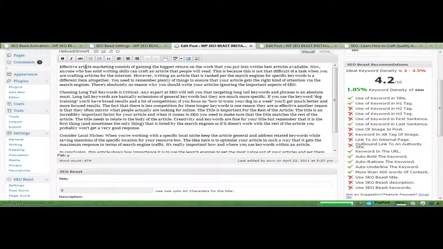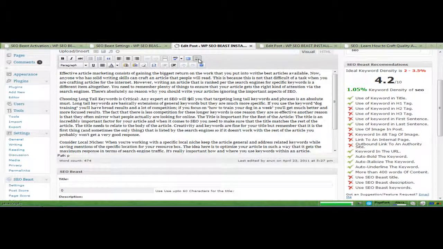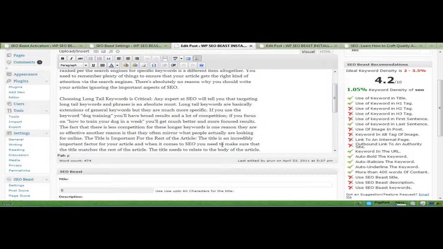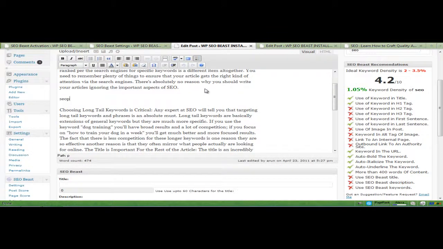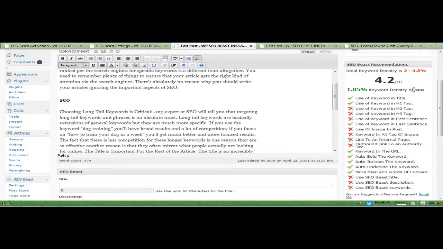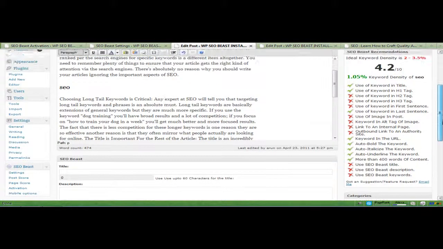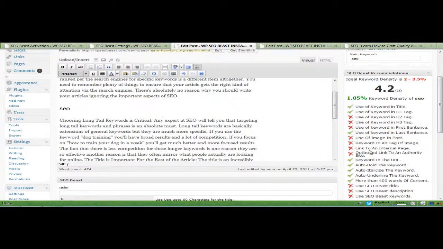If you do not have these options here, a lot of people had trouble finding this. You just click on this, and this will give you an option to make your text H2, H3 and stuff. Just select the text anywhere. Let's say, since we are doing it for SEO, let's just take this and make it into H2. Okay, so you make all these changes here